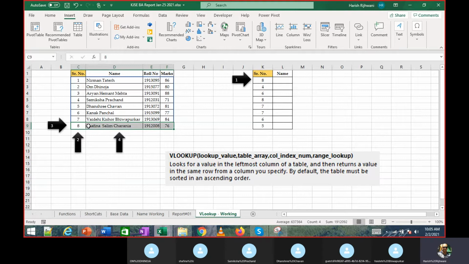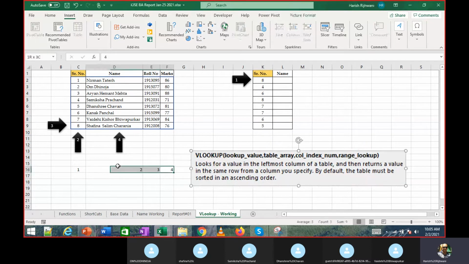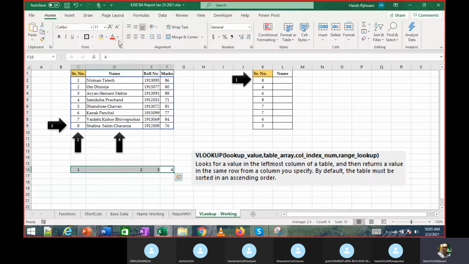When I go to this particular row, I will then choose that I want the name column. So how do you identify the name column? I have to list or count the number of columns over here. So this is the first column, this is the second column, this is the third column, this is the fourth column. That is how it works. So I have these 4 columns over here. Based on that, I am going to look up this second column value. You understood the concept, how VLOOKUP works?